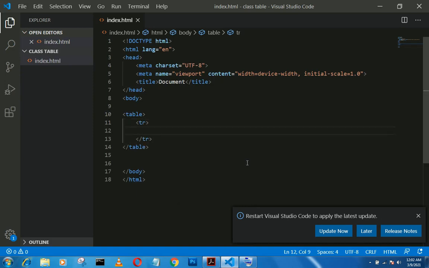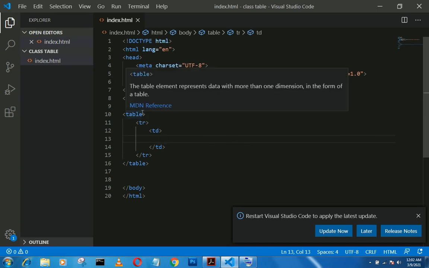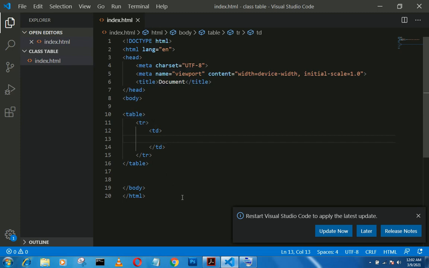And inside tr we will use the td tag. This is our main, outer table tag, and the tr is table row, and td is used for table data. So inside the td we will write our data which we want to display